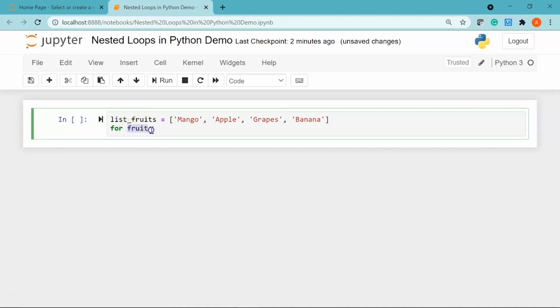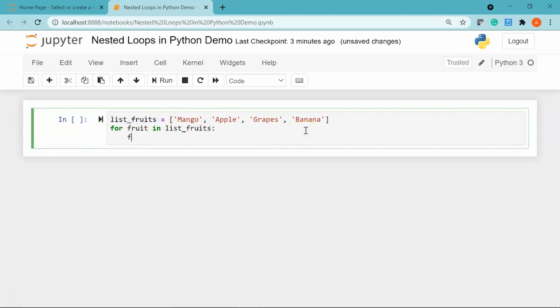Now this variable can be any valid Python variable. This is basically known as an iterator or an iterator variable. So I'll say for fruit in my list, which is list underscore fruits that I have declared in my first line. I'll give a colon and then